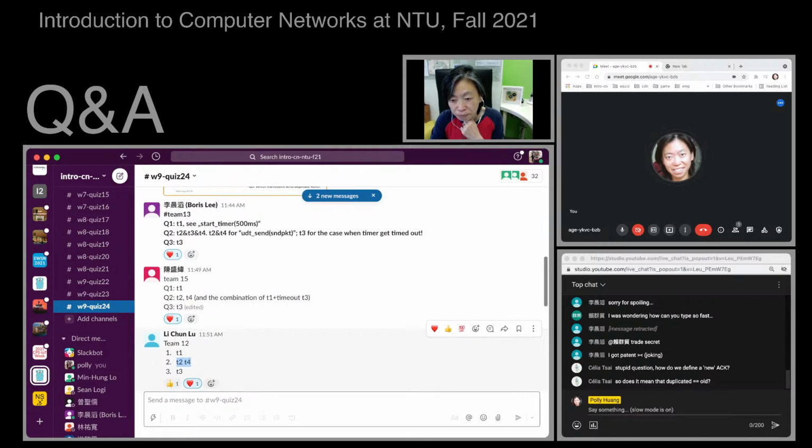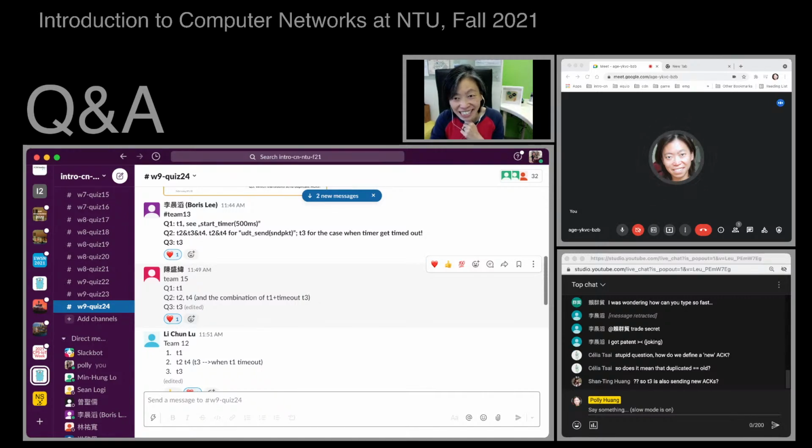Very good. So you see Team 15 here, correcting the solution by saying, hey, we could also combine T1 and triggering T3. Therefore, we see a new ACK. Yes, Shanting. T3 also sends a new ACK.